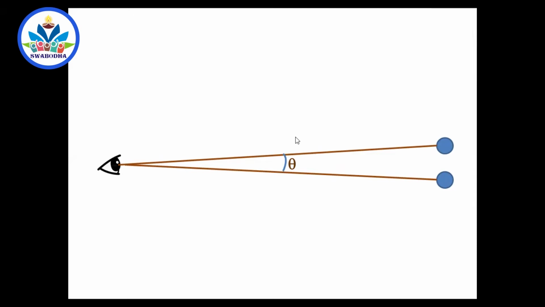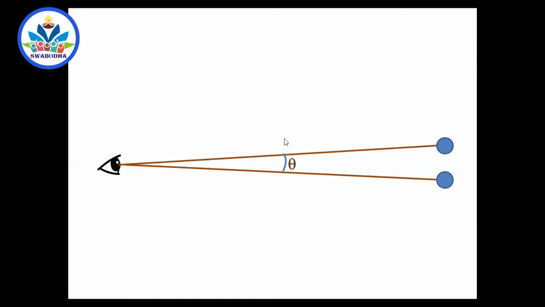very clearly. Suppose you look at a mesh or the window bars of your house, then those window bars can be clearly seen when you are in your room. Suppose you go out of your house and go far away and look at your house, you can't see the window bars at all. You see just a patch of colors and you don't see the individual bars separately, because the angle created by the rays coming from the two separate bars will not be enough to show you the image clearly. That is the problem. So two stars will appear to be merged because the distance between the two stars is so small that they don't create much angle in your eyes.